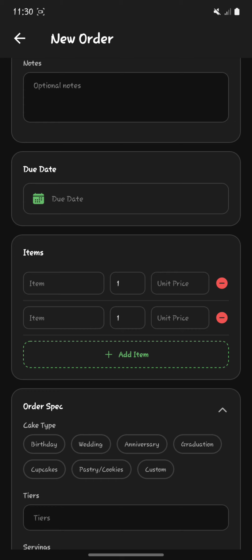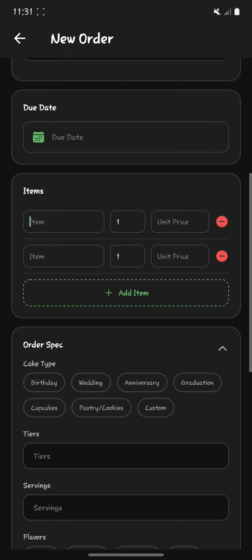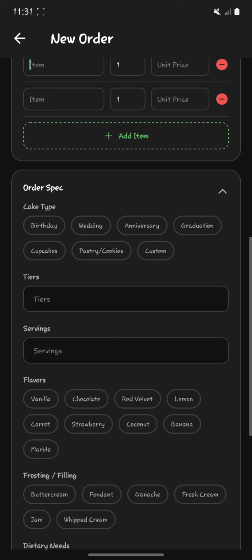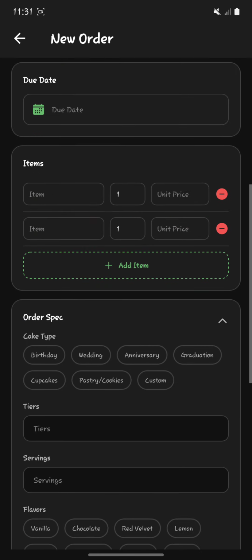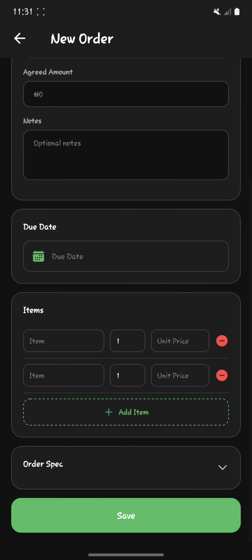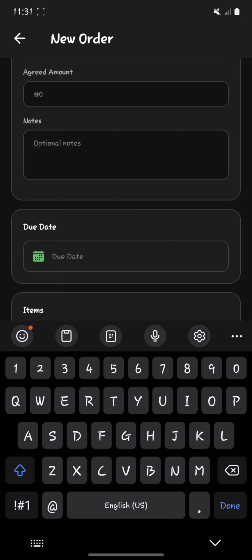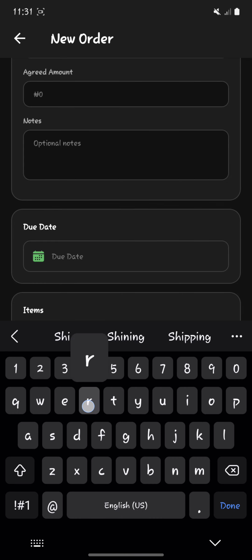You can also keep track of order spec, and this order spec is shown based on the type of business that you run. So, for example, you can see options of cake business here. That's because the whole app was set as a bakery. That's why it's like this. So we're just going to go ahead and skip this. I'm just going to say shirt here